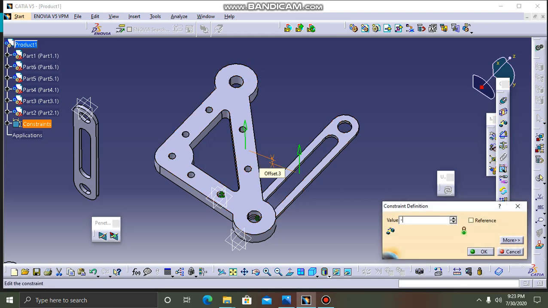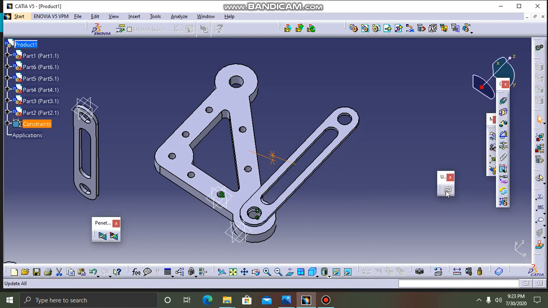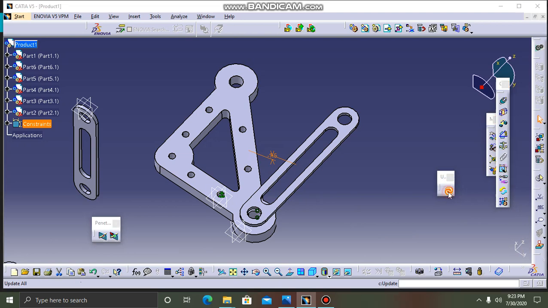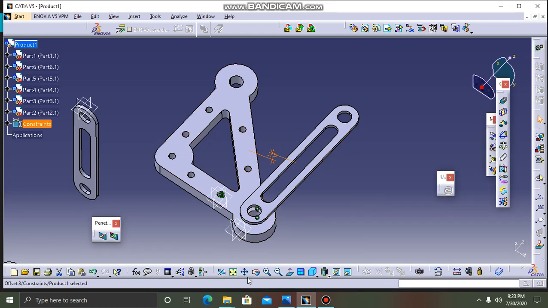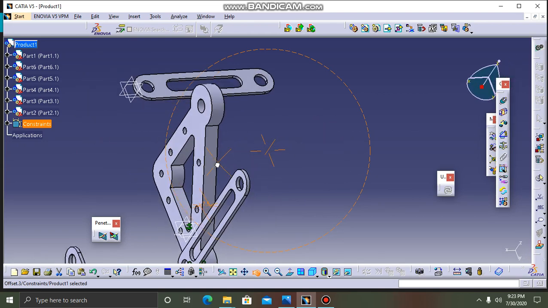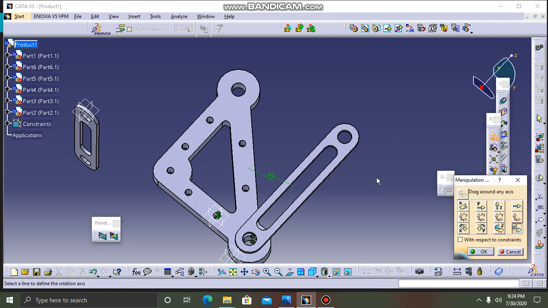So if you don't want minus 5, update it, or you can give it as minus 7.5. See, you got the same thing. Okay, now we have to change by using the manipulator. Selecting this,